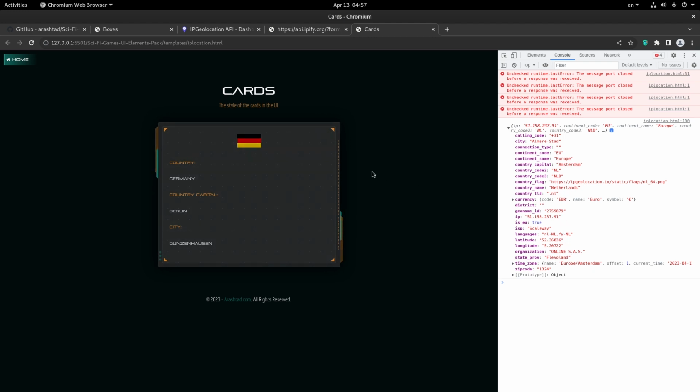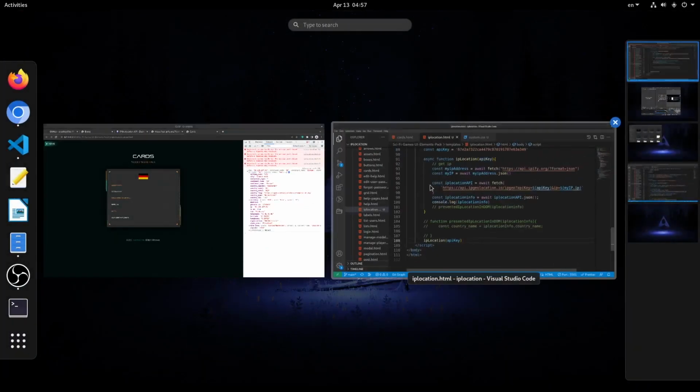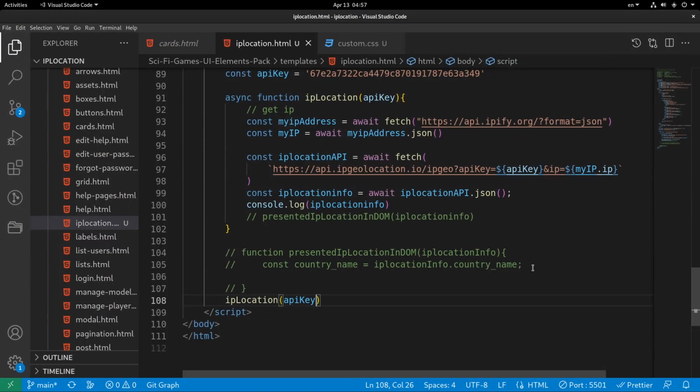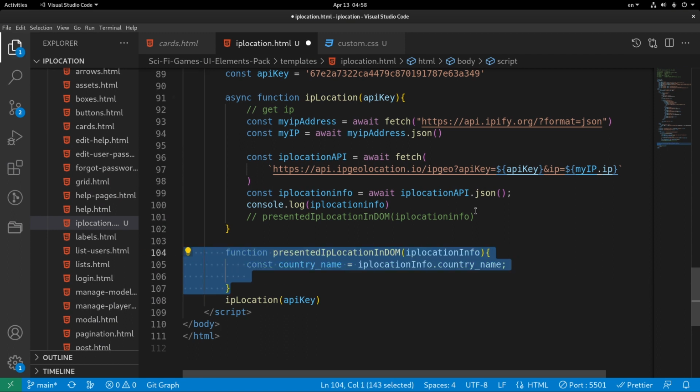So there we go. We can get any one of these data that we were looking for, the city and the country capital, and all other information, and also the country flag. So there's a link to the country flag as well, so we can use all of these in order to get the necessary data. So as you can see, we've done so, and here